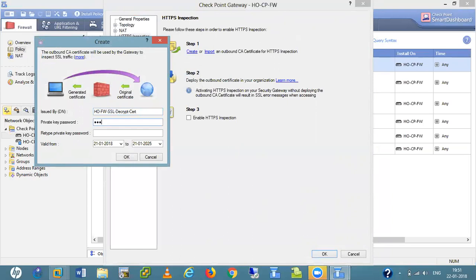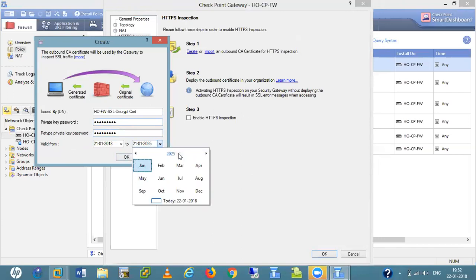Generally I use admin123 always in my lab. Generally in real time we have some specific password which has special characters and all. This is the validity, it is valid from 2018 to 2025. We can also change the validity period if we want, it's not an issue. Generally I use the default.